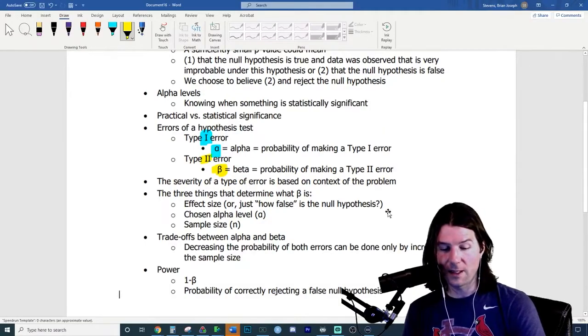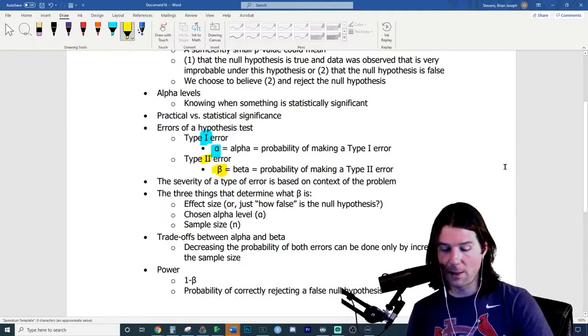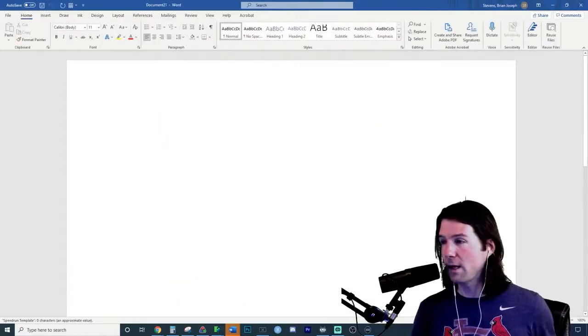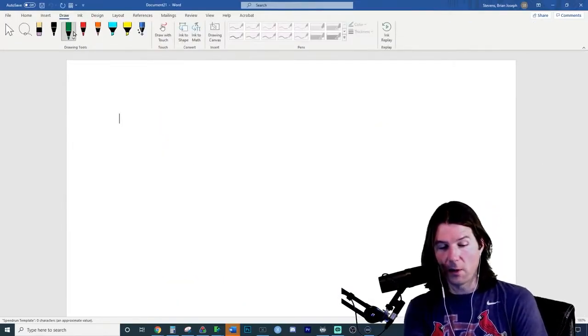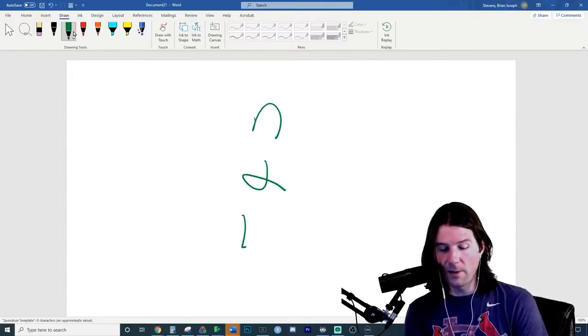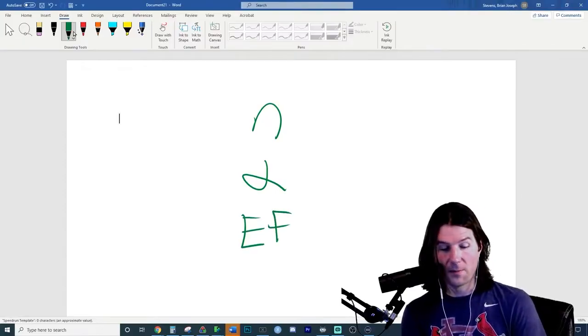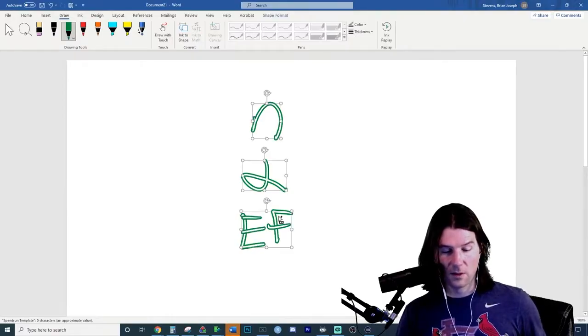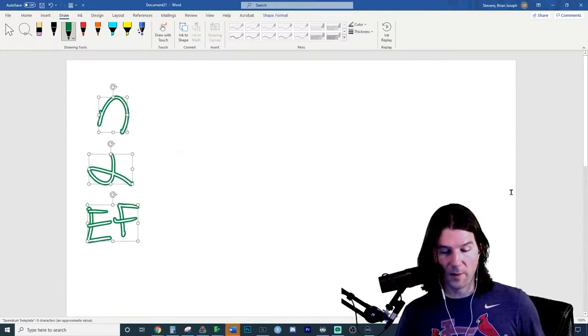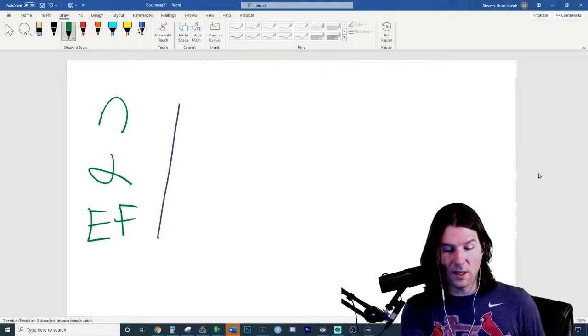The 3 things that affect beta. Let's talk about beta, which is a type 2 error. We have 3 things that affect beta: the sample size, alpha, and the effect size. And the way in which these all affect beta is, if you take any of these, and we'll talk about what they are in a moment, and increase any one of